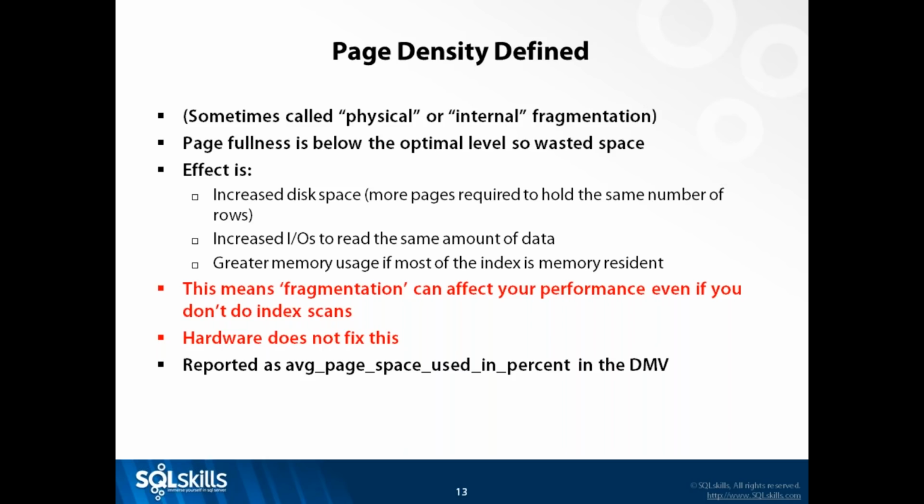And if you have pages where there's a bunch of free space, every page is 8K, and it'll take up 8K in the buffer pool and 8K on the disk, even if it only has 50% of the space actually used. So the more pages you've got with lower page density, because that's the technical term for it, then you're taking up more space on disk. You're having to do more reads to read the same amount of data into memory because that data is now split over multiple pages.